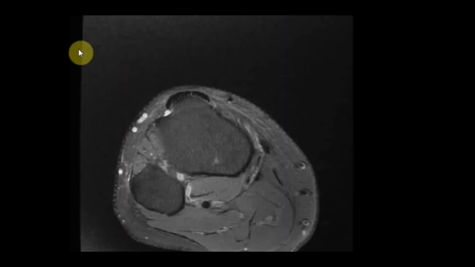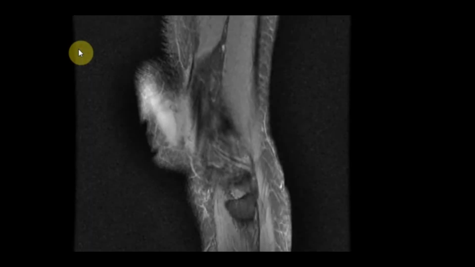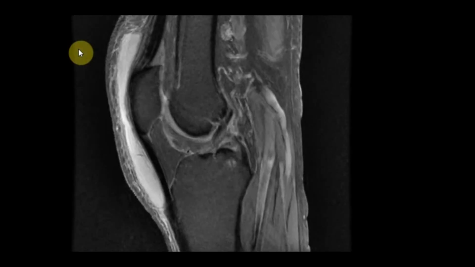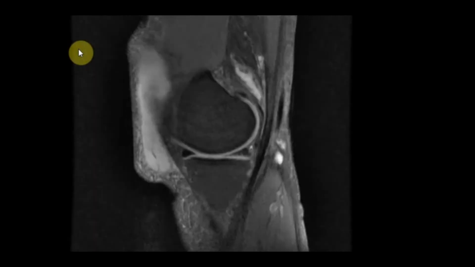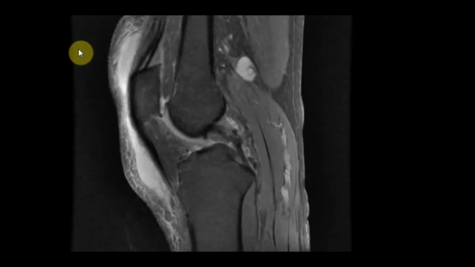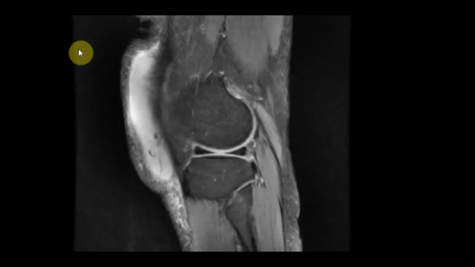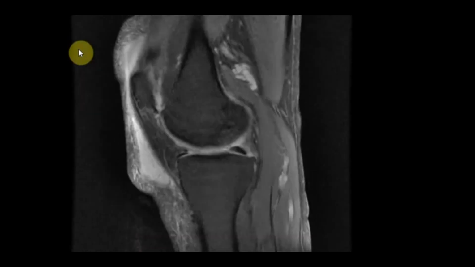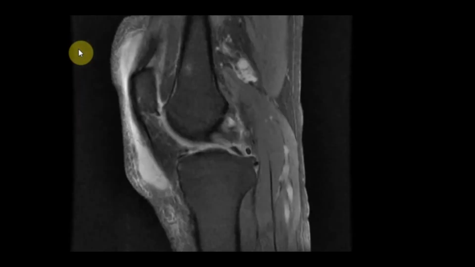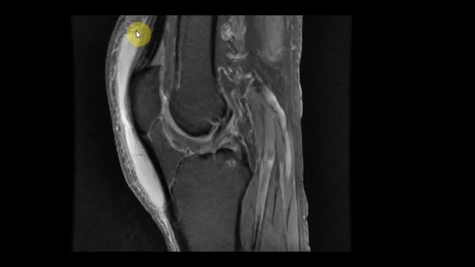Let's move to the next case. It is also our last case. This is a case of a 64-year-old male. And this patient presented with swelling in the anterior aspect of the knee joint. Swelling was soft and compressible. And so this patient came for MRI. And as we can see, there is a large collection which is extending from above the patella to the entire extent of the patella and patellar tendon within the subcutaneous plane.